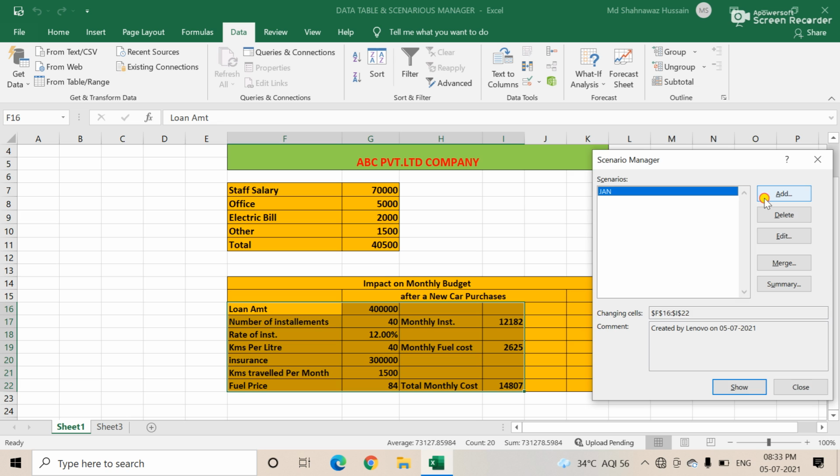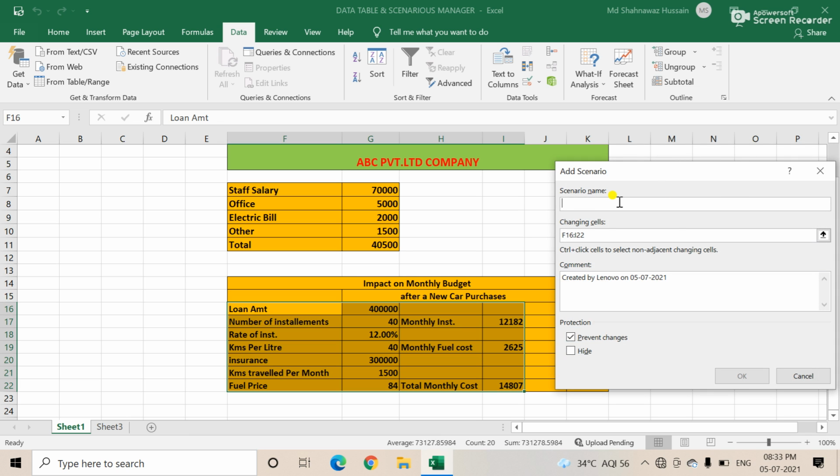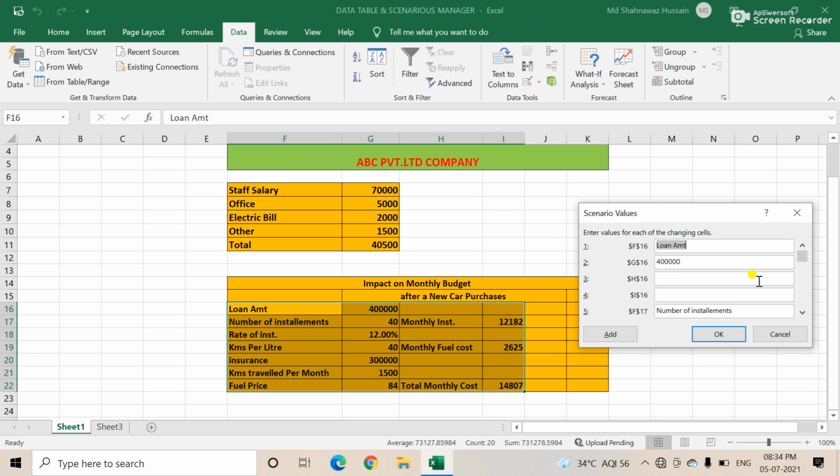The month of January, and the next is the month of February. We are creating 2 months, because next we are explaining the data table also. Okay, so here suppose 48 is there, and here suppose 11500.